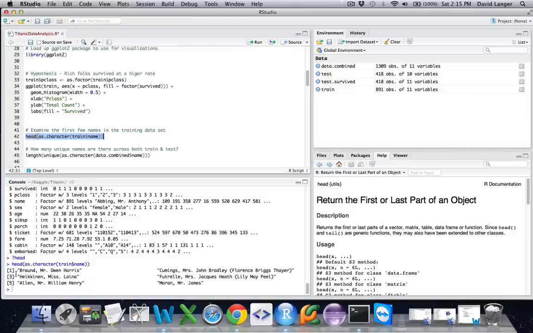Lo and behold, we can see first name, second name on the list, third, and so on. And this is particularly useful. The head command is extremely useful to just give you a general sense of the data. And what we're seeing here in the data is, first and foremost, that the data is formatted in a very formal way. What you have here appears to be the last name with a comma, then a title, first name, middle name.